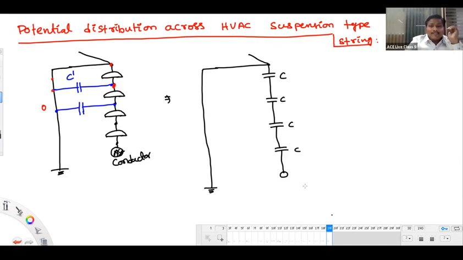How is this number compared to the above number? Is it equal or less? Equal. It won't be less or more. It will be equal. What's the reason? See, generally the value of capacitance depends upon the dimensions of the system rather than how much voltage you are going to apply. So as the dimension is the same, if you assume that the string is exactly parallel to the tower,